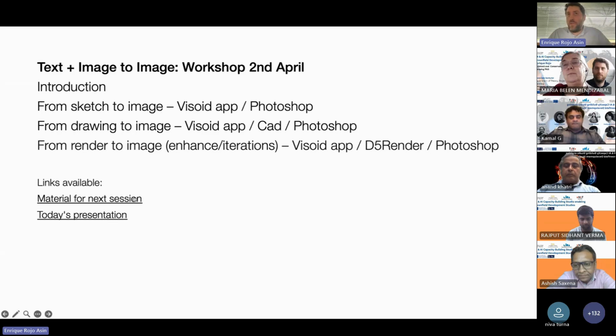But I know if you use the free version of Visoid, for example, you get like 30 credits or something like that. So if you waste them, you will need to add another email account. You need to take that into account. It's free, but limited. So if you want to use it continuously, you will need to change accounts.